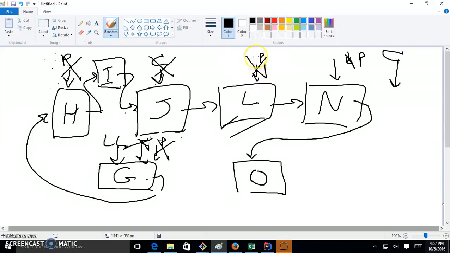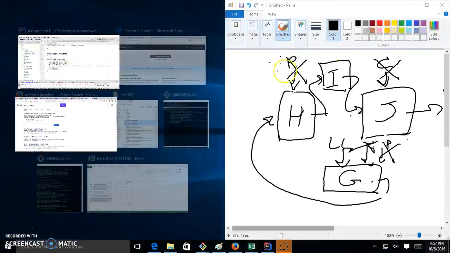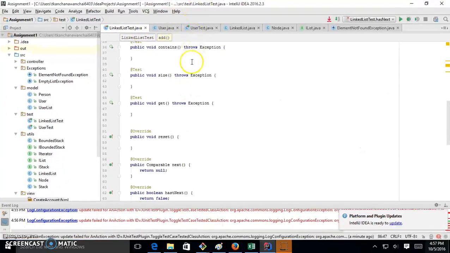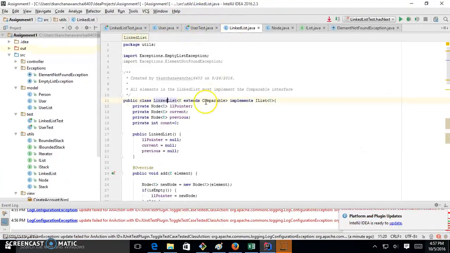And eventually, if you insert at the end, current will move to point to null and previous will move to point to the end, which is start to execute the code to add. If you review the code to add again,